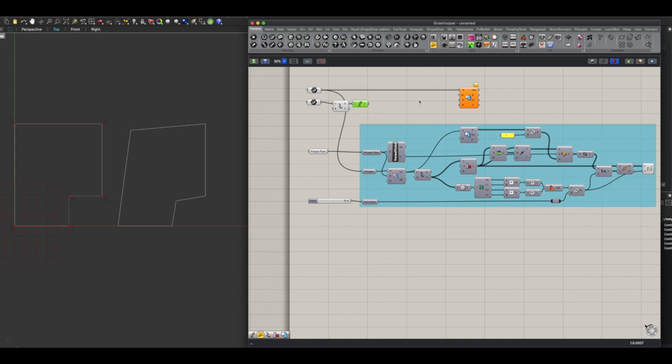So we need to provide the lengths of this room in a counterclockwise order, so the same order as the morphology. So the first thing that the algorithm does is check if your actual room